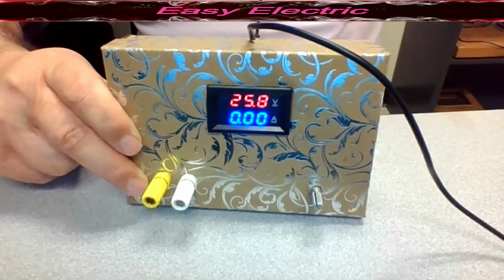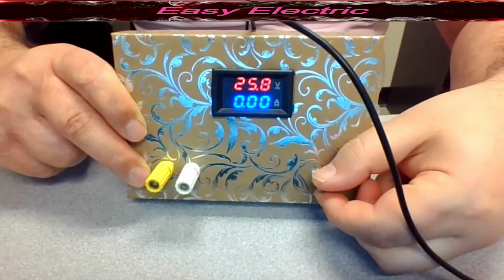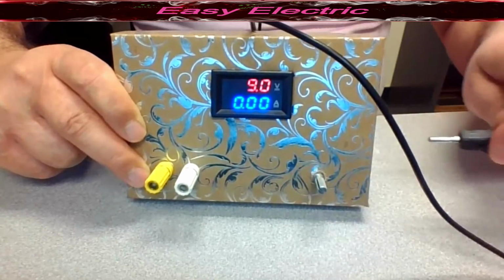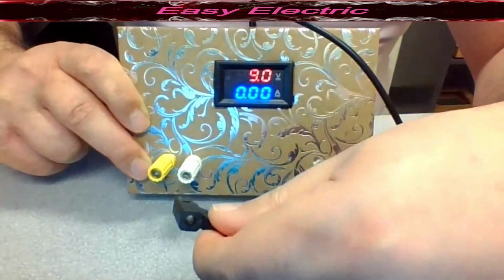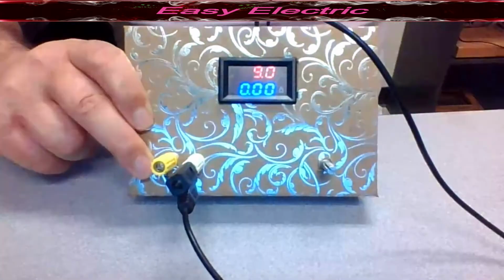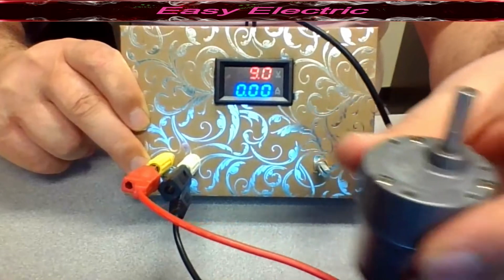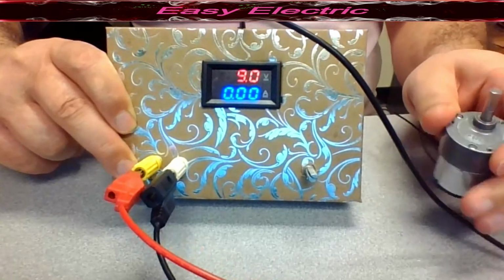So let's check this whenever you have a load. Let's decrease the voltage and connect our DC USB power supply to the DC motor and see if we could also see the current that passes through our output port. Let's connect negative to negative and positive to positive. As you can see here, I have a DC motor. In the beginning, at 9 volt,